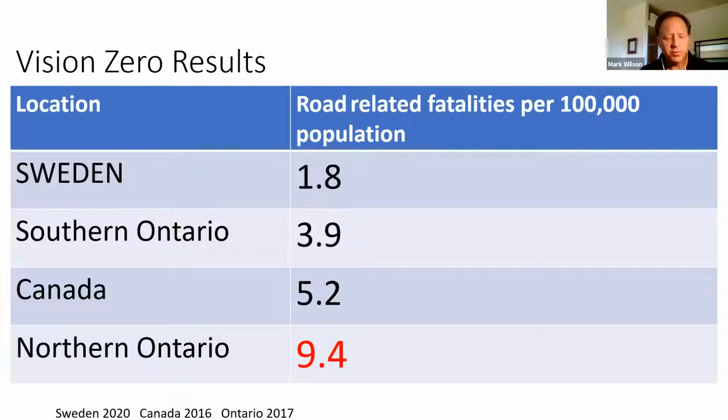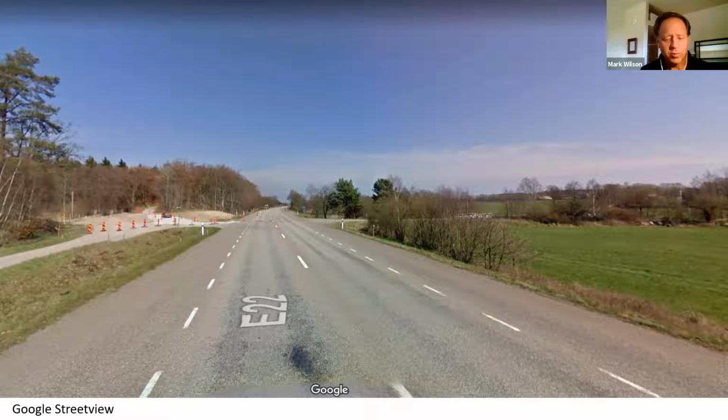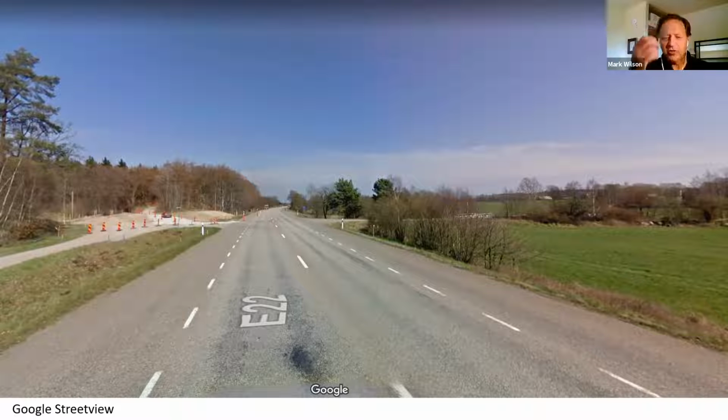So let's look at 2+1 roads in a little more detail. This photo shows a 13-meter road in Sweden before being converted to a 2+1 road. The two travel lanes in the center are 3.5 meters wide with 3-meter paved shoulders. These were the roads that had high rates of fatal and serious collisions. Sweden wanted to change these unacceptable statistics, but also wanted to do it in an economically responsible way. So they developed a system to transform these 13-meter 2-lane roads to a 2+1 profile while using the same platform.